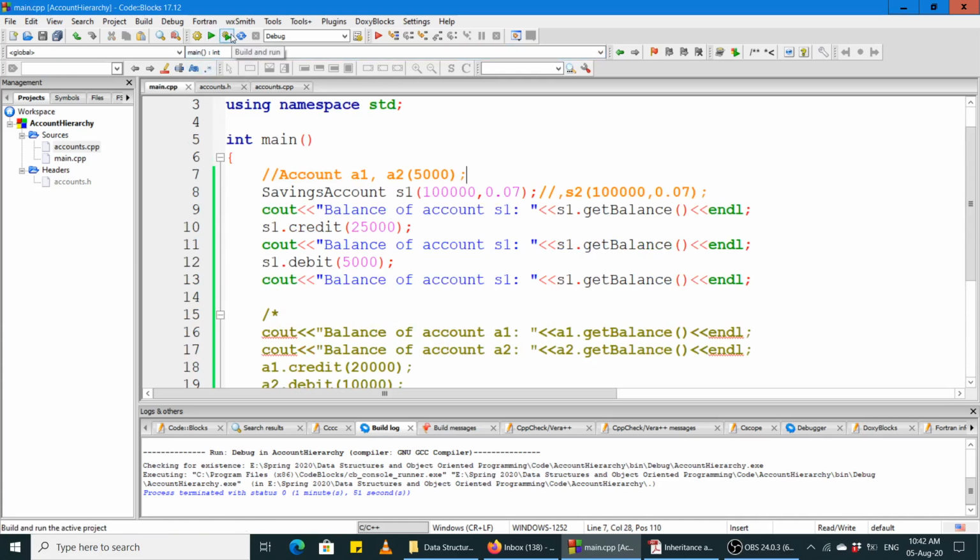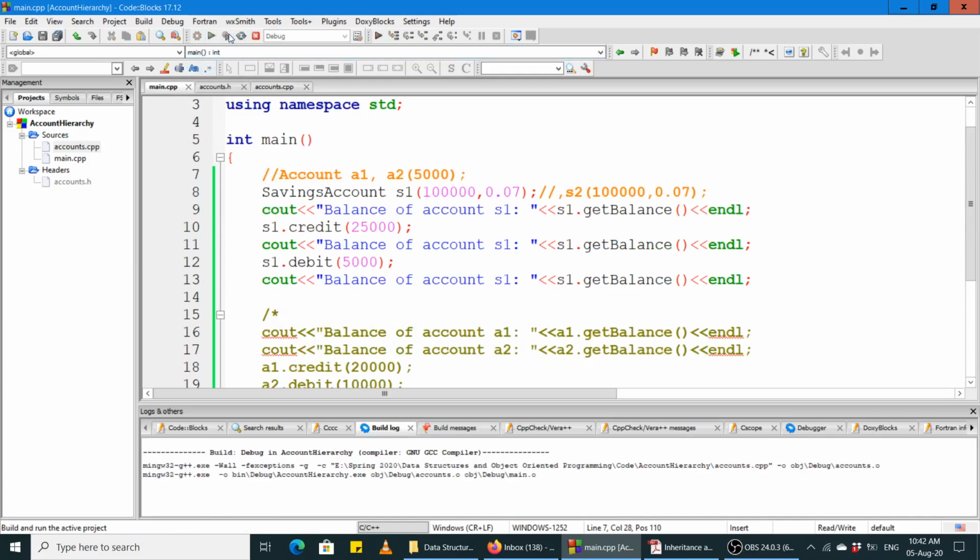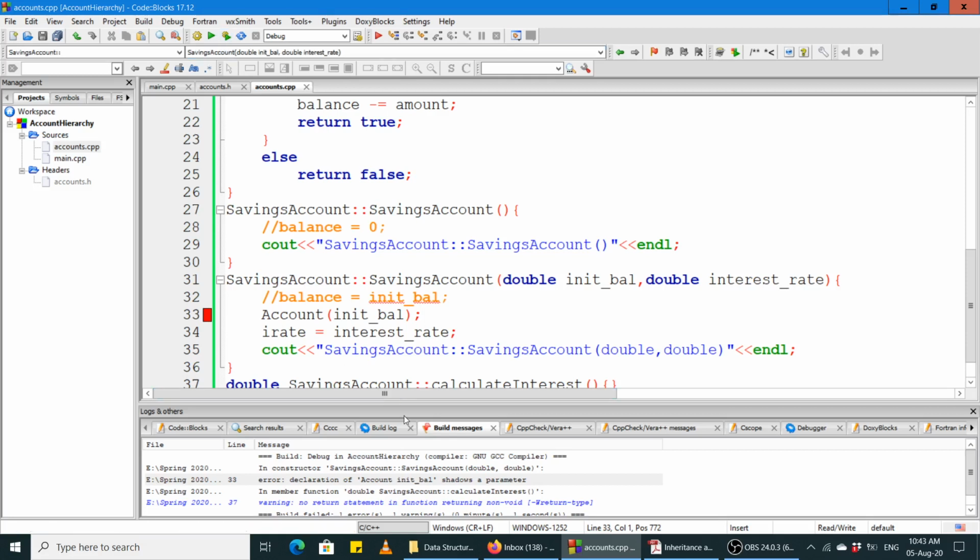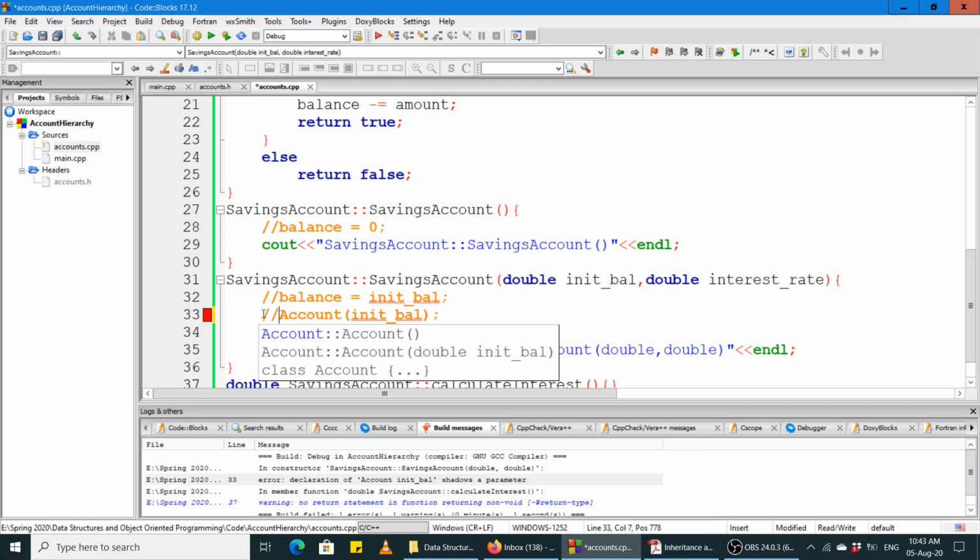ठीक है, सो लेट अस लुक एट दिस कि क्या हम ऐसा कर सकते हैं। ठीक है, तो ऐसा वो हमें करने नहीं दे रहा। ठीक है, ऐसा वो हमें करने नहीं दे रहा। स्पेशली अगर आप उसको एक वेरिएबल के थ्रू, एक पैरामीटर के थ्रू इनिशियल बैलेंस स्पेसिफाई कर रहे हैं, तो वो ऐसा हमें नहीं करने दे रहा। तो हम अकाउंट क्लास के, इसको भी मैं कमेंट आउट कर देता हूँ सो दैट यू नो कि ऐसा काम हम नहीं कर सकते या हमें नहीं करने देता।